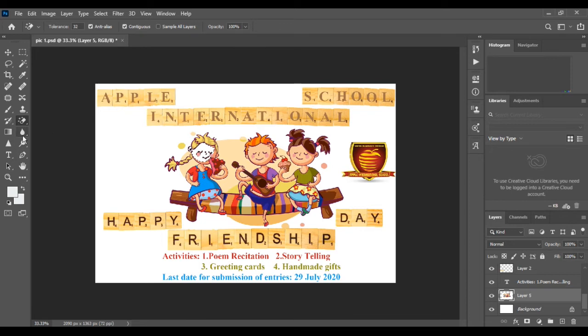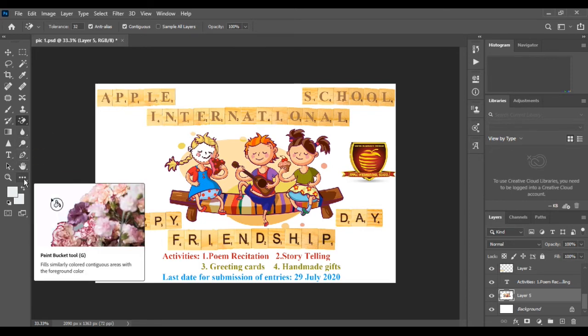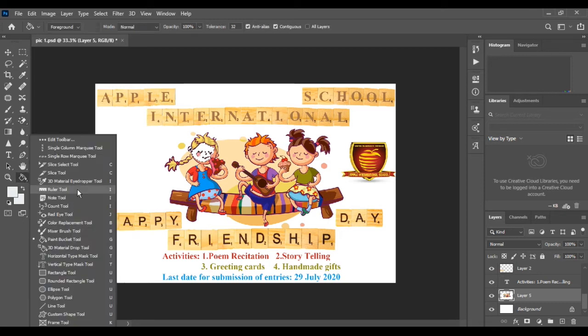Next is paint bucket tool or gradient tool. So here we have paint bucket tool. It fills the similar colored area with the foreground color.